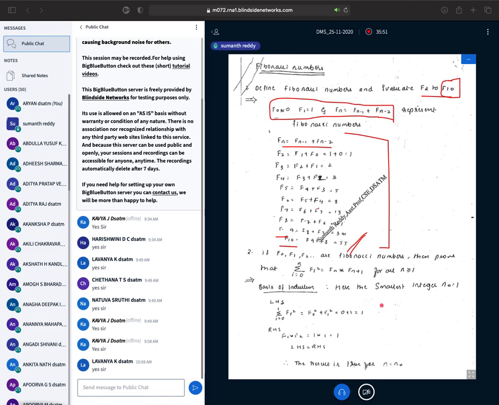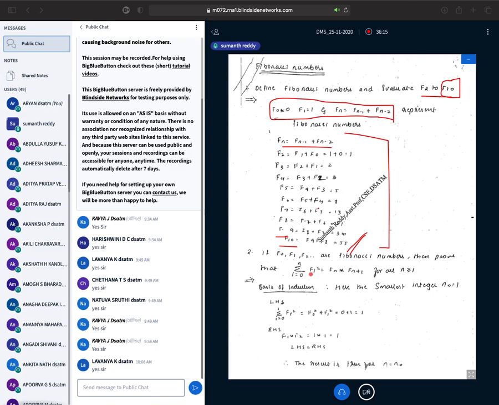The only thing is, for the Lucas numbers, when I teach you the Lucas numbers, the recursive definition will be the same, but only the initial values will get changed. That is L0 and L1. Those two values will get changed. As you know, if the initial values get changed, all the series of values will also get changed. Fine. Okay, so now let us see this question.